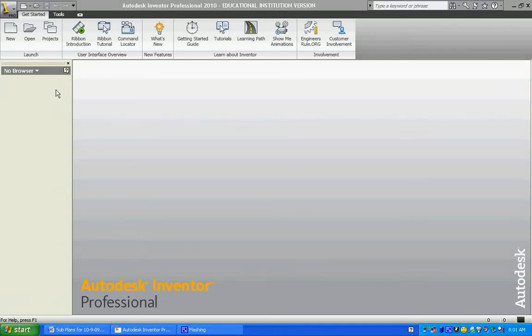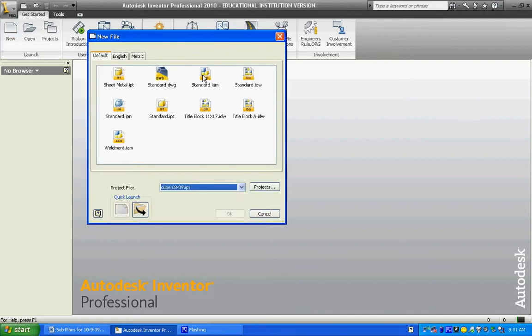To create an assembly, what we need to do is go to New, Standard IAM, which stands for Assembly, and open the file. The purpose of an assembly is to take part files that are created in Inventor and put them together to